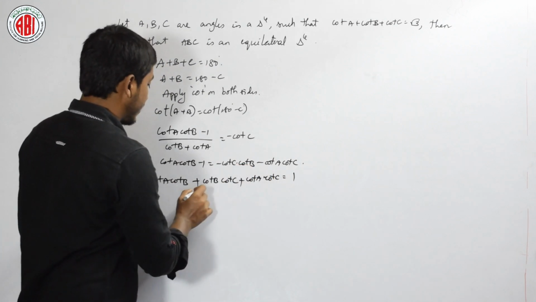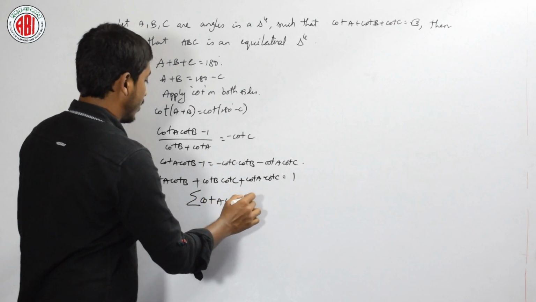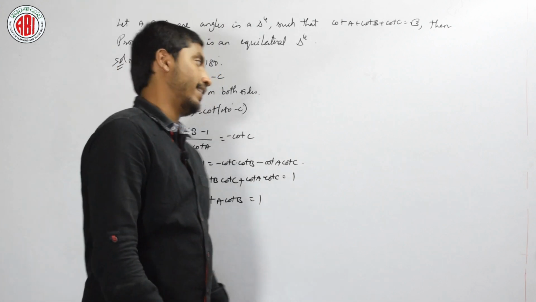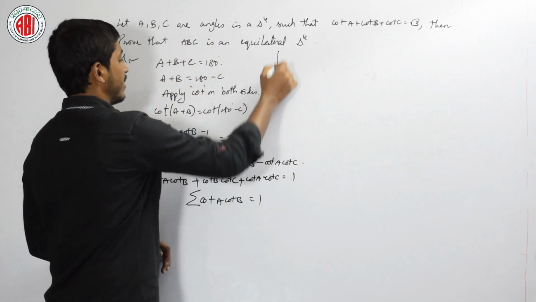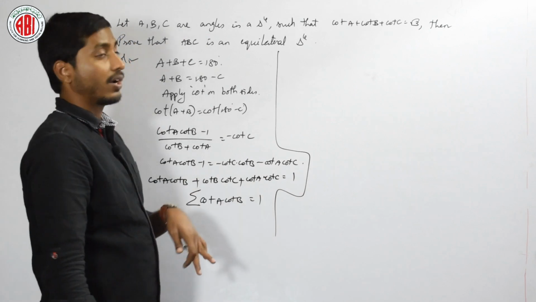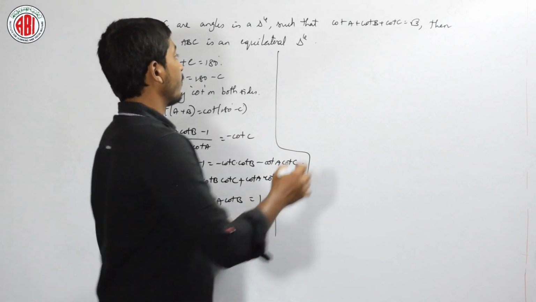Can I write this as summation cot A cot B is equal to 1? Yes, we can. This is the first step of this problem. Now let us take one more condition. Now let us try to solve the value of